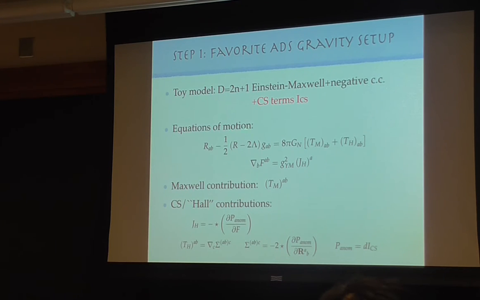This part you're familiar with, just the Einstein-Maxwell equation. Maxwell is here. In this case, the Chern-Simons term also induces something we call the Hall tensor and the Hall currents. By Hall, because a lot of these derivations involve Chern-Simons terms, when people do quantum Hall effects, it's interesting to think about it in terms of a 2+1 bulk that has a Chern-Simons term. But anyway, the gravitational Chern-Simons term doesn't depend on the gauge field. How can you generate it? You're thinking about the gauge Chern-Simons term, A wedge dA. But this is gamma wedge d gamma, the Lorentzian Chern-Simons, sorry. So this is gamma wedge d gamma squared.